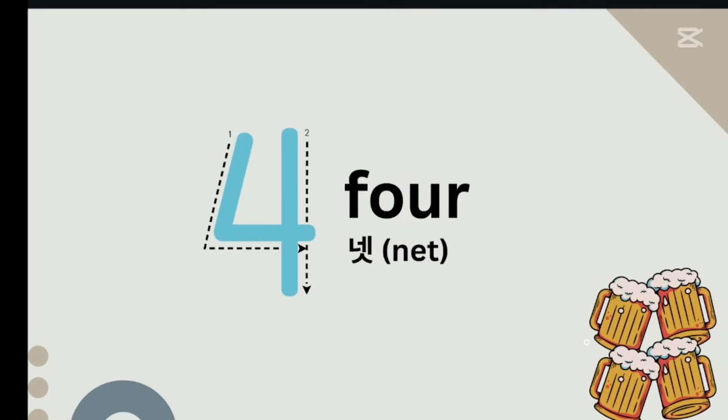So next number that we have here is 4. So this is how you write number 4. And then the number word, so this is the word. Number word starts with letter F, O, U, R. 4. So this time, when you pronounce it, it's a silent U. So it's 4.